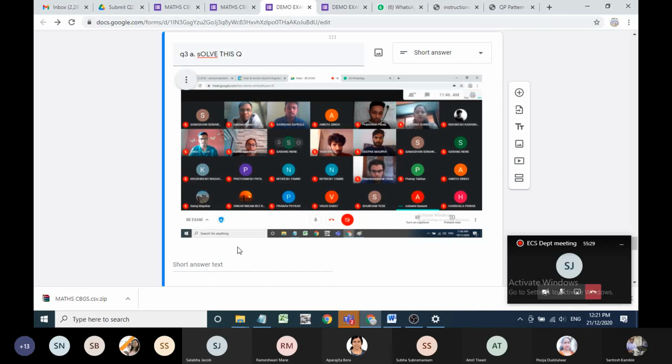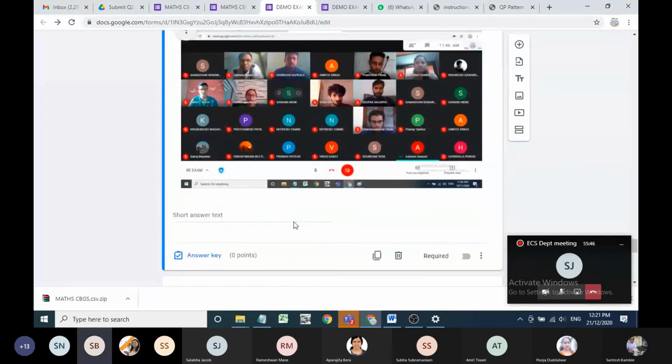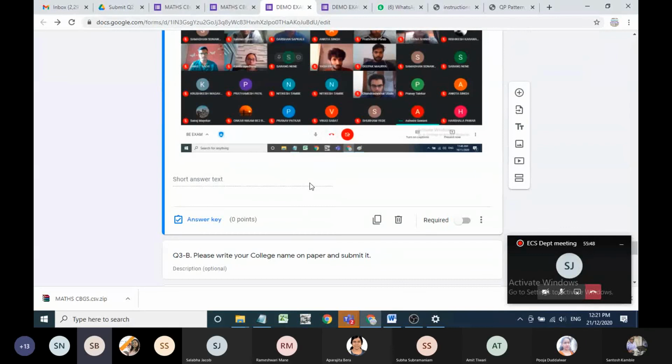and submit it. So it will be better that the student does it, and the student is getting extra time for scanning and uploading. It is better than us doing it individually; the student will do it and upload it. Okay, sir. So how much extra time is the student getting for scanning and uploading?